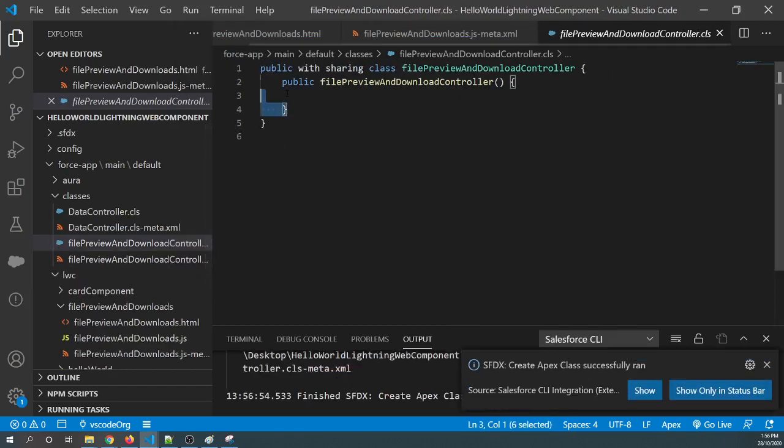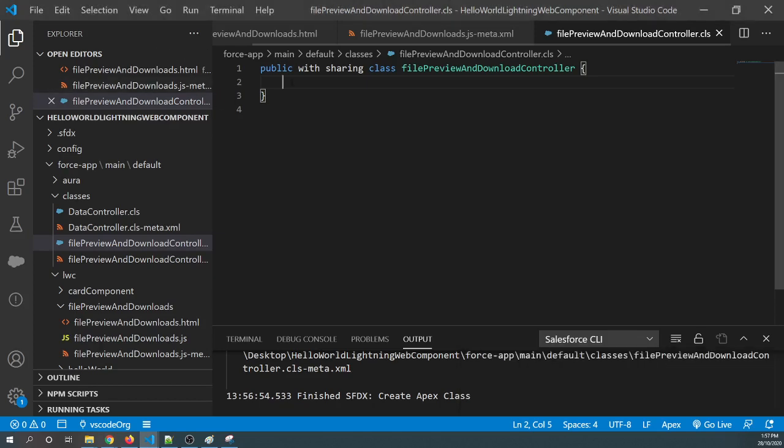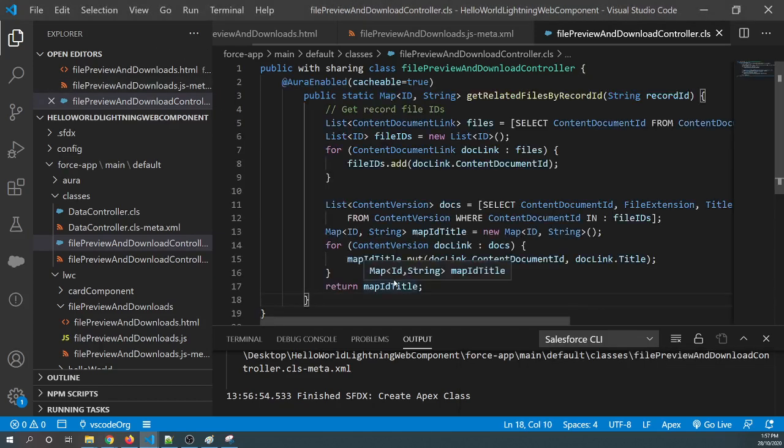Now the class has been created, and here I'm gonna copy paste the code directly, because this video's main focus is on our lightning web component. But I'll give you a brief explanation of this code, and you can get this code in the video's description.